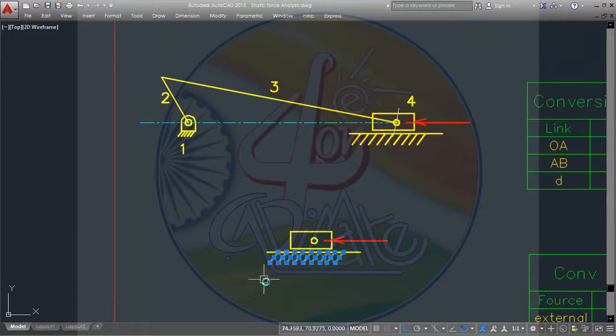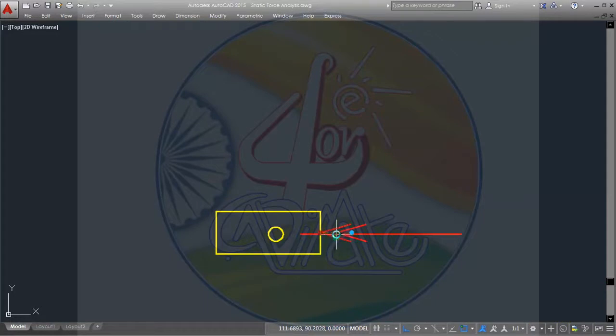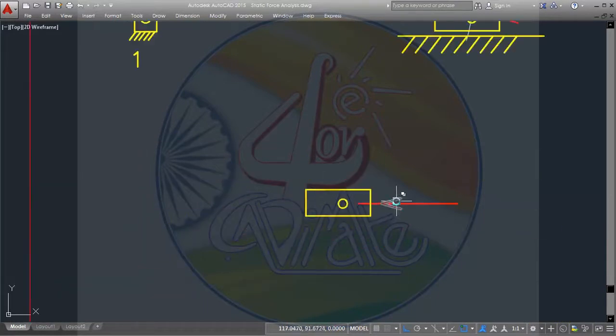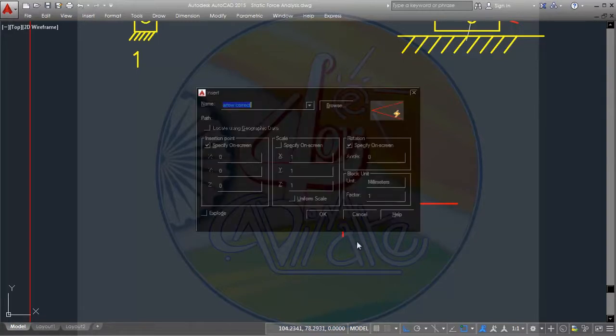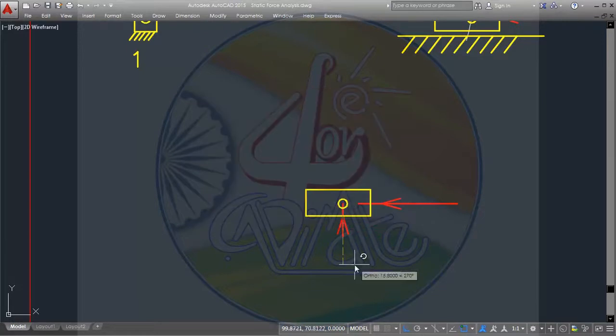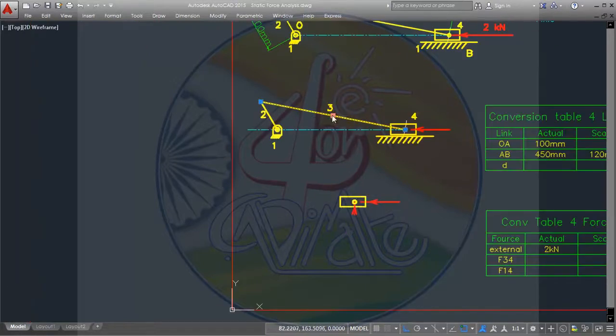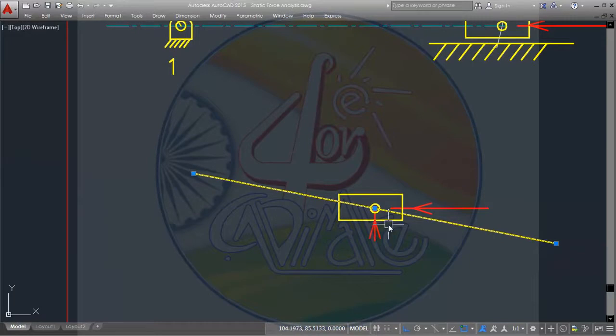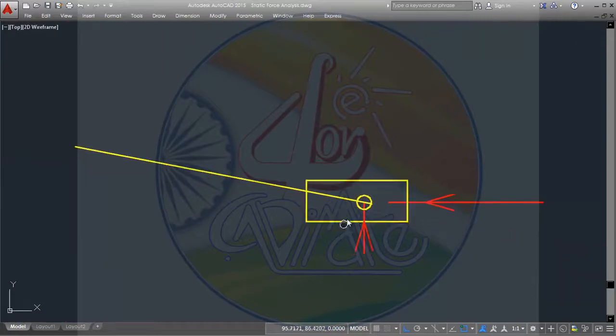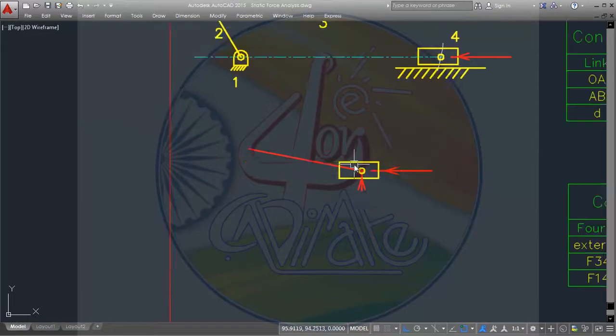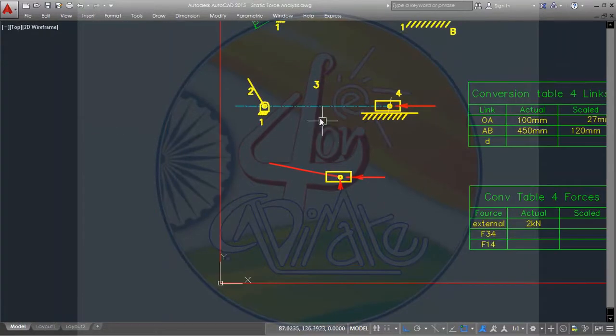We have to draw its free body diagram. So in free body diagram, we have to remove this. Correct? And in place of that, what you have to put? In place of this, you have to put force. So there is a vertical force, there is this force, and there is also a force in this direction, right? There should also be a force in this direction. Correct? So these are the three forces which are active.